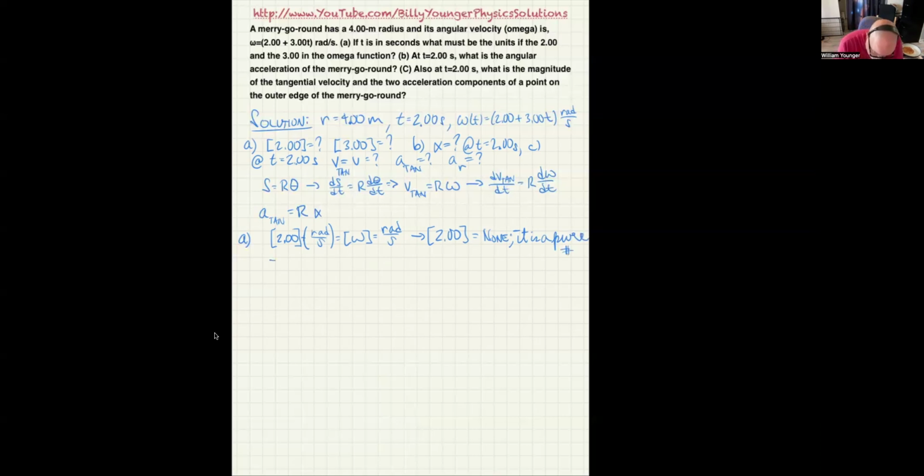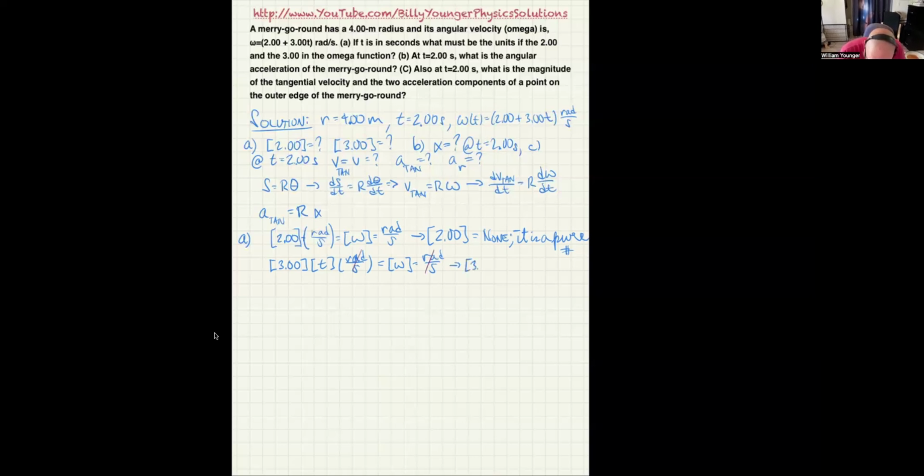Now the unit for 3.00 units times the units for t, excuse me, times radians per second as they are outside the parentheses. All of that should be equal to the units of omega again, which is radians per second. So you can see that the radians per second cancels out of both sides of the equation, and you then can say